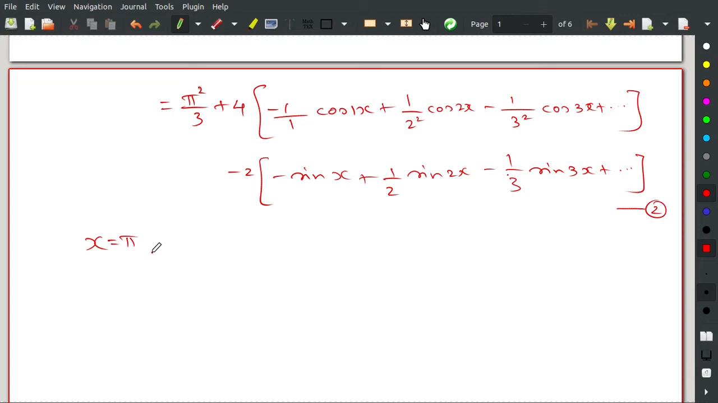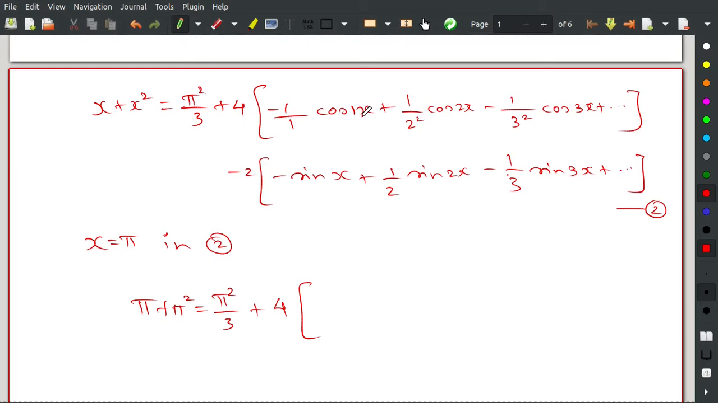So substitute x equal to pi in equation 2. Upon substitution, on this side we have x plus x square, therefore pi plus pi square equals pi square by 3 plus 4 times, so cos pi is 1, right? Sorry, cos pi is minus 1. So for odd multiples of pi, that is cos 1 pi, cos 3 pi, etc., we have minus 1. Therefore this becomes